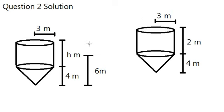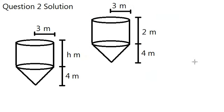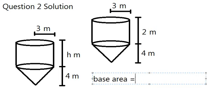So now, given that, we can start to work out what volume is filling the canister, or the rate of the tap giving out water. So what we need to do now is to find the volume of the cylinder, which is given as base area, which is the circle, given that the base area is equal to 3 squared